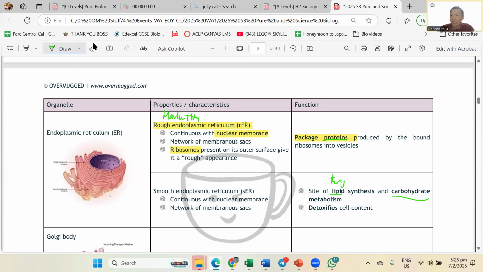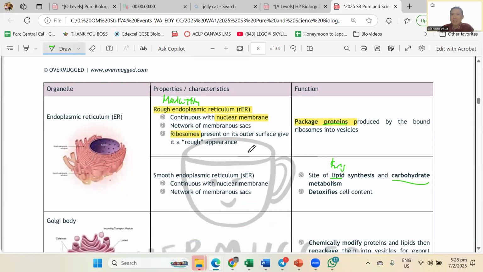My smooth ER, this one is the ops team. The ops team just goes there and makes the theater, makes the performance ground, job is done, they move on. So very simple, straightforward. That's why there's nothing extra on it. They just go there and set up. For function, use the three biomolecules to help you. If I have three, and protein is already synthesized by the RER, what is left? The other two. And that is the hack for bio.